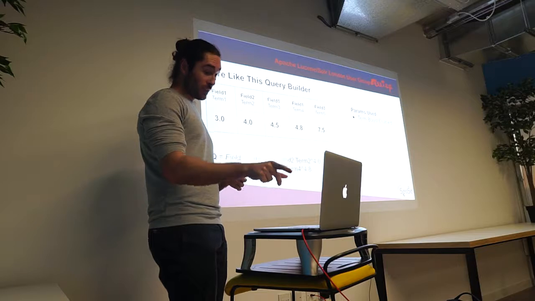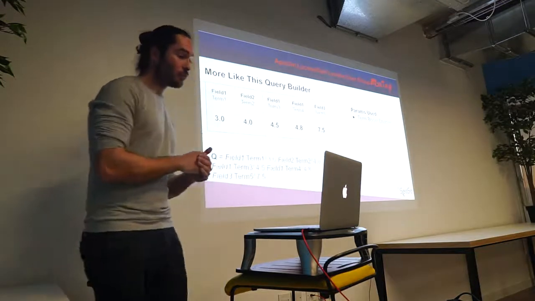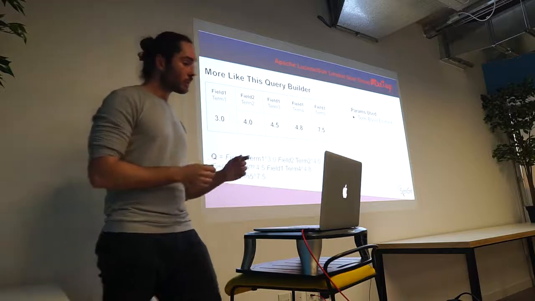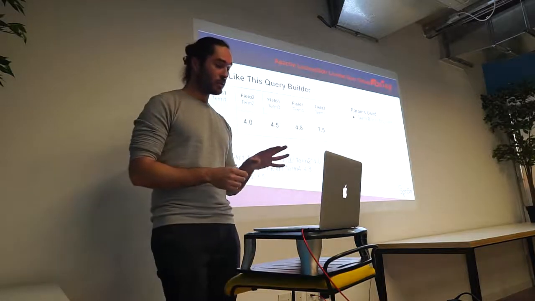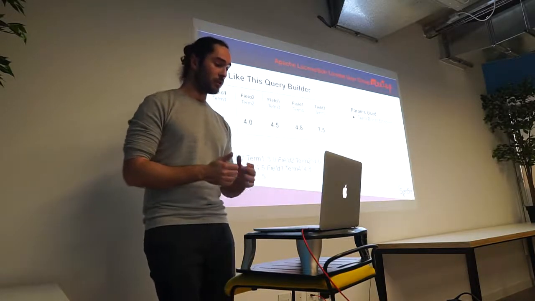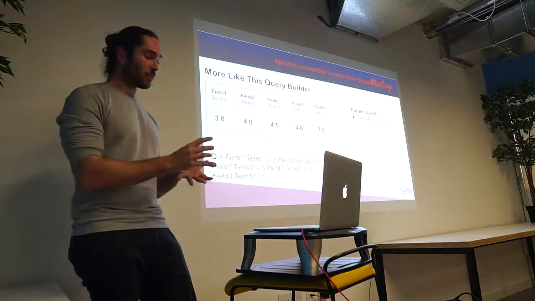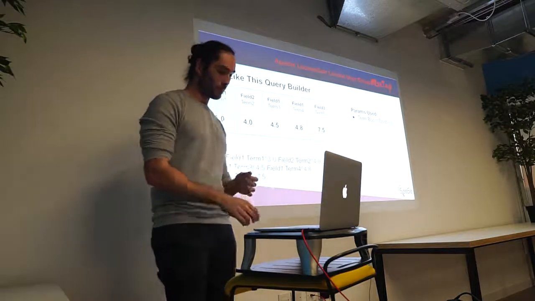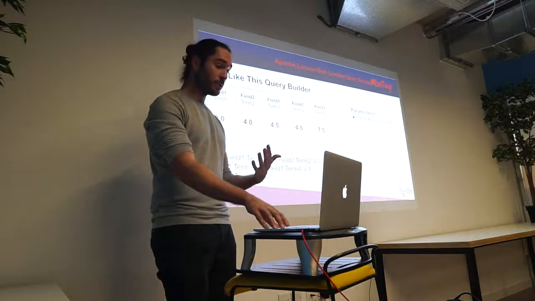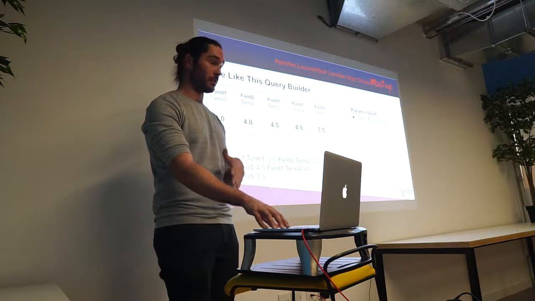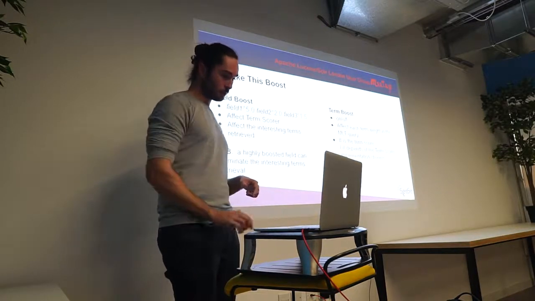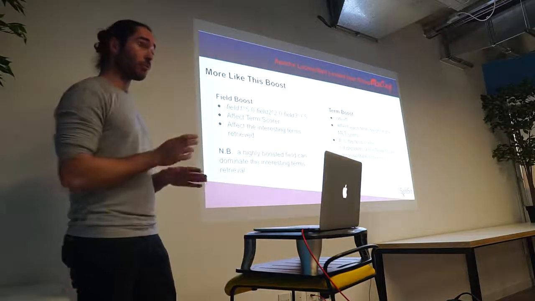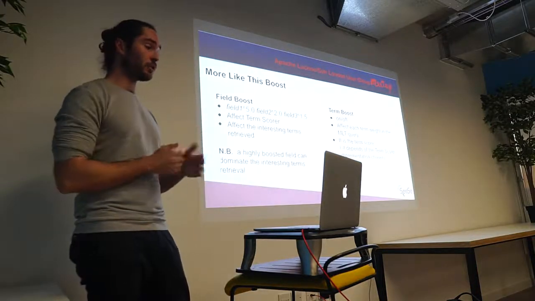So how can a term effectively be boosted? If you specify through the parameters that you want to enable boost, the score of each term will effectively boost the term. So a term that is considered more important will be additionally boosted in the More Like This query, making documents more likely to be similar if they contain that term. On the other hand, at configuration time, you can also boost specific fields. So in your domain, you know